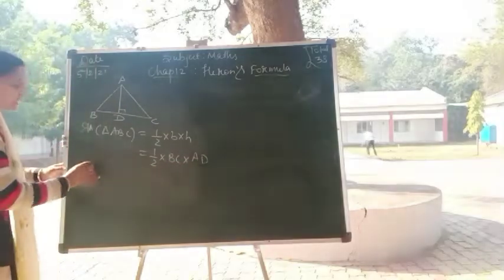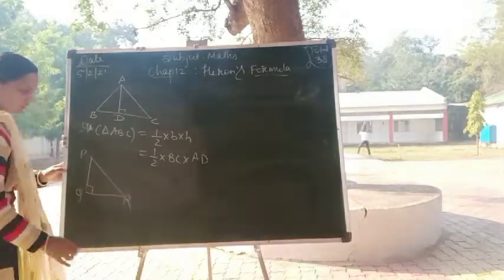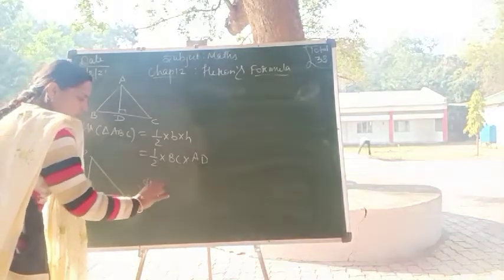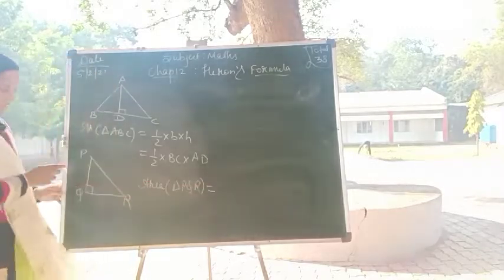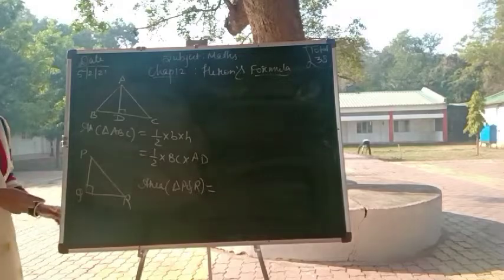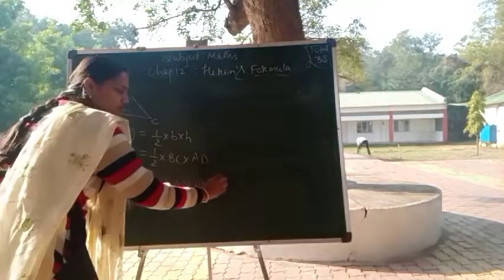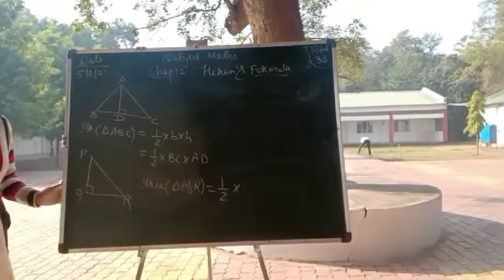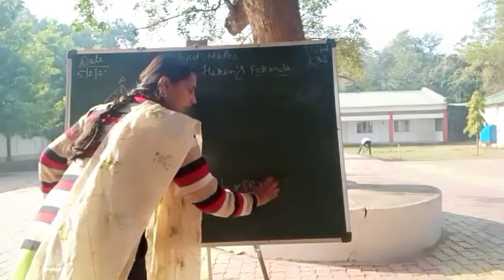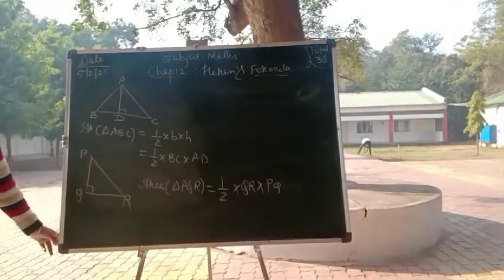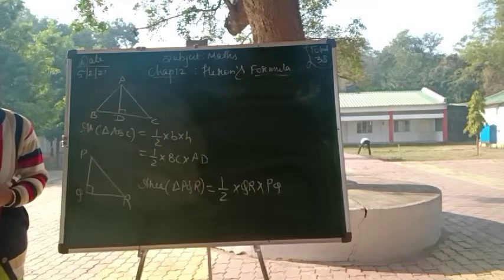Okay. If my triangle is like this, PQR. Friends, what is the area of triangle PQR? The figure is a right angle triangle. What is the area? Half into base into height, because height I know. Tell me, what is the base here? QR. And what is the height? PQ is the height. Now understood? Whenever we know the altitude, altitude means a perpendicular line, at that time I can use the formula half into base into height.